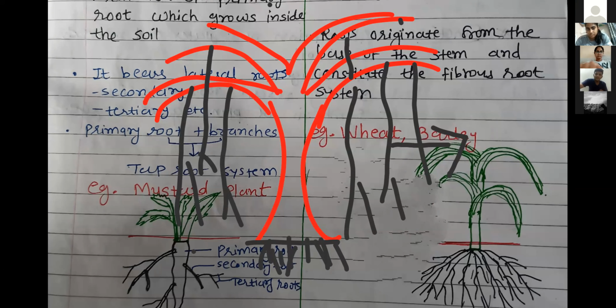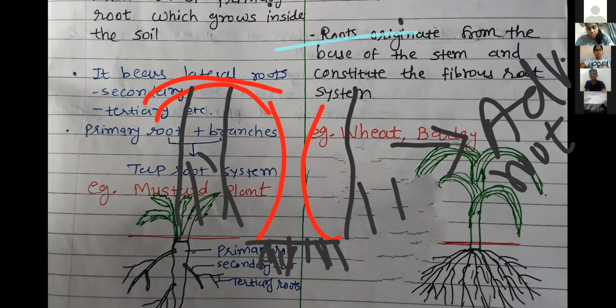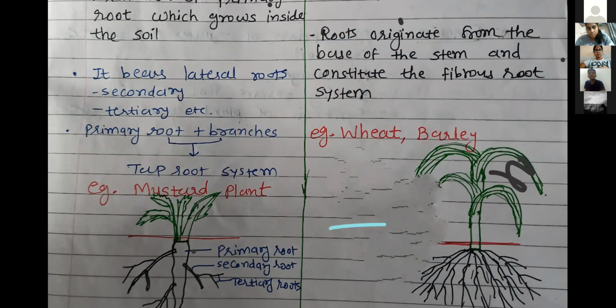Here you can clearly see. These roots arise from which part? Kirtan. Ma'am, branches. Yes, branches of the stem, which is not the radicle. Right? Which is not the radicle. So this one we call one type of adventitious root. Right? So remember, adventitious roots: if roots arise other than the radicle, we call them adventitious roots. Fix this line in your mind, right?